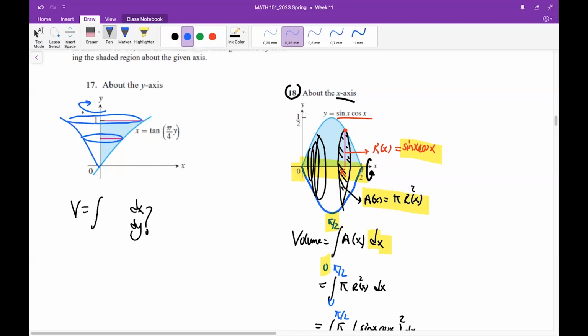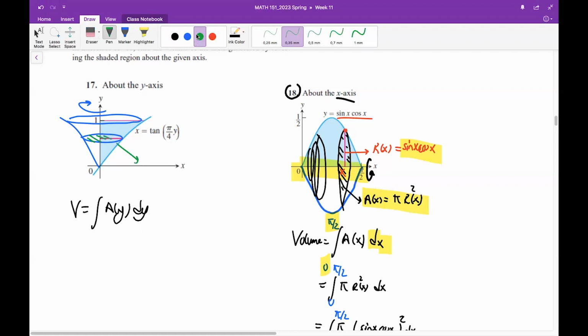This time, the slices are moving through the y-axis, right? So the integral should be with respect to dy. Once you fix this, you can understand that you need to express the area of that slice with respect to y. Let me remove those. Once you fix that, the integral should be with respect to dy. Area of this